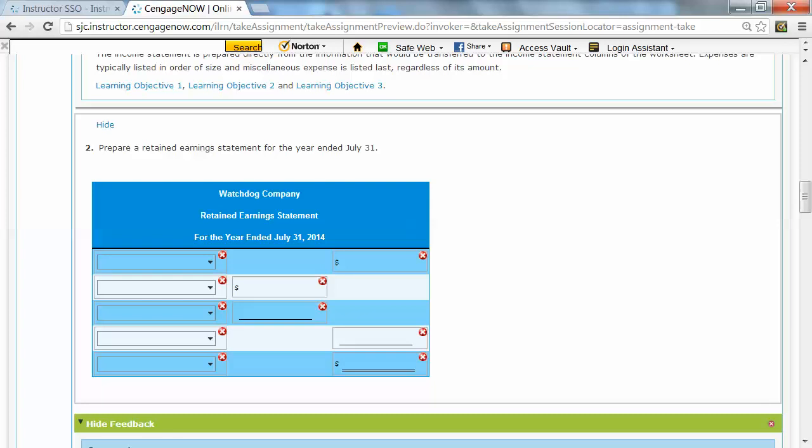the year. So the first thing we're going to start with is the beginning balance of the retained earnings statement at the beginning of the year, and that would have been August 1st. Since our year end is July 31st, it started August 1st a year ago. So we'll take that, and then I need the amount,